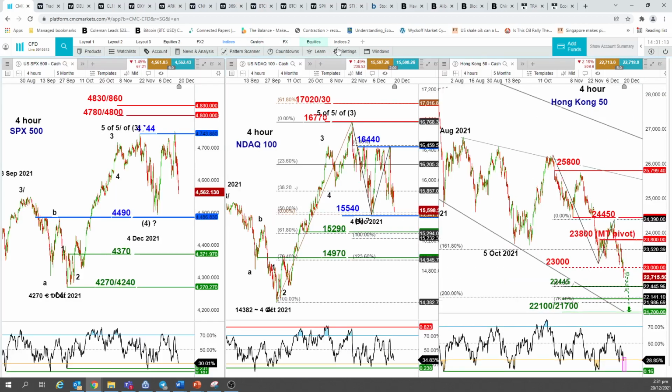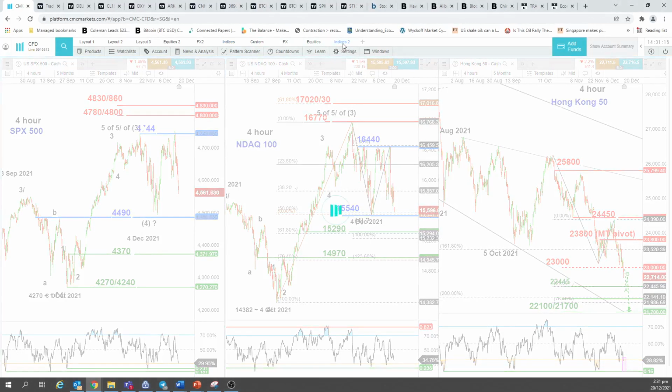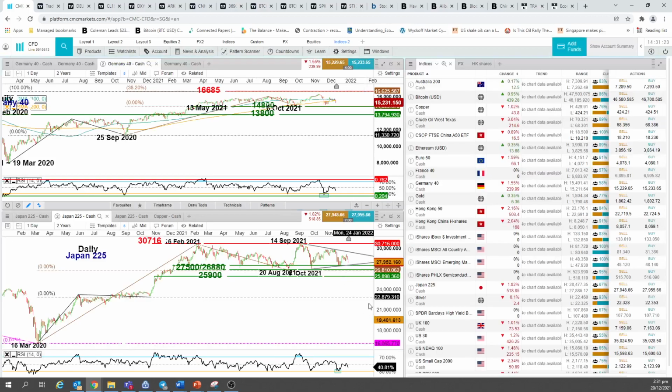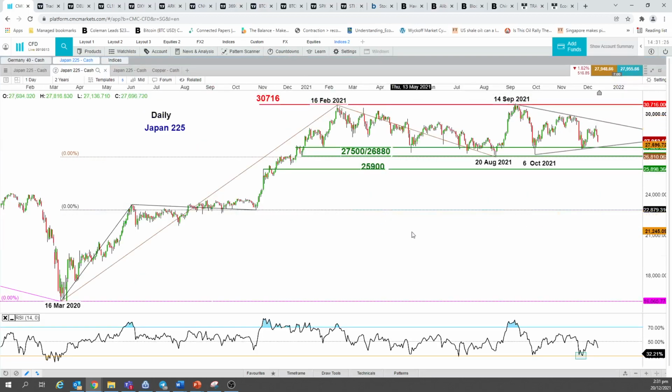So on the Nikkei 225 or the Japan 225. Still recall that the Japan 225 last week, we were saying that it's still evolving within a current 4-week symmetrical triangle range configuration, which is indeed true. It's still stuck in this range since the high of 14th of September. This high also corresponds to the 16th of February high, which is close to a 30-year high that didn't have a proper breakthrough on September, which is at 30,716 resistance, the major range resistance.